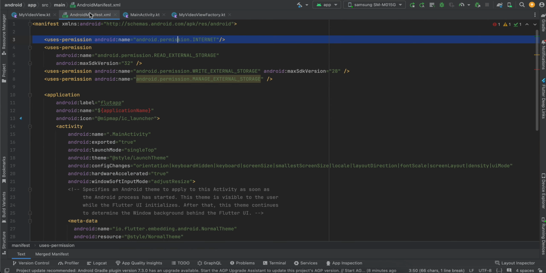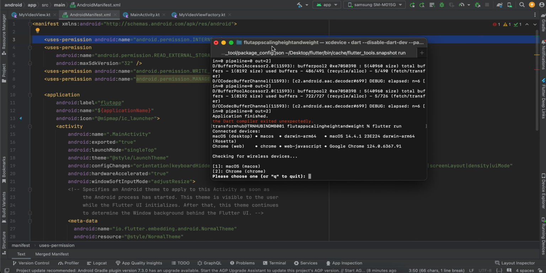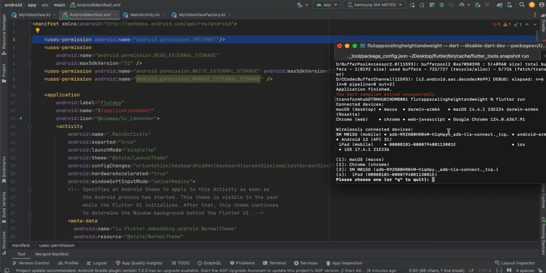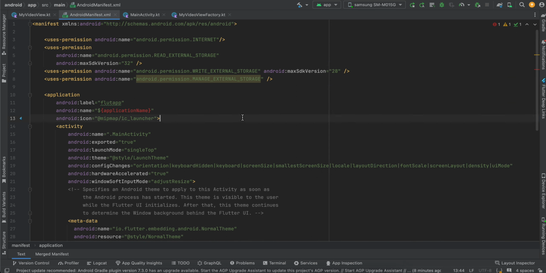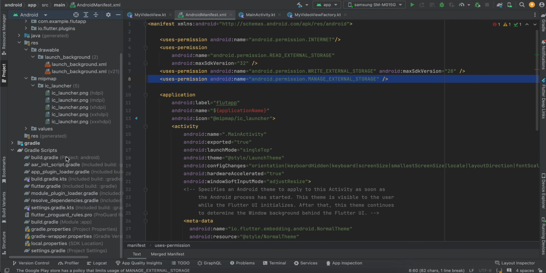Coming back to our code, so firstly I have added this internet permission because at the end of the video I will show you how to also apply these changes for a video which is stored on a server. Read write external storage because of older Android device, and manage external storage because for newer Android device we need to handle that. Then you will have to go to